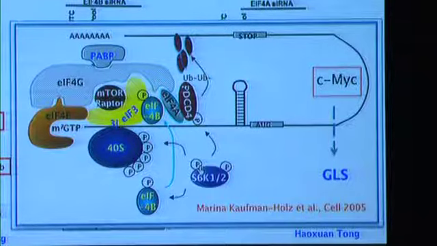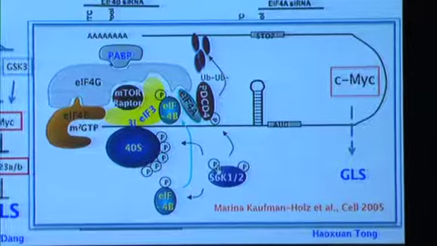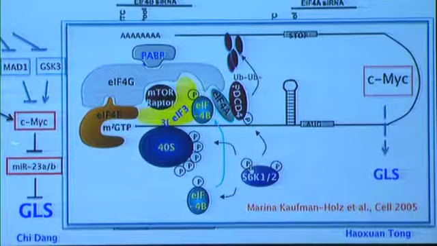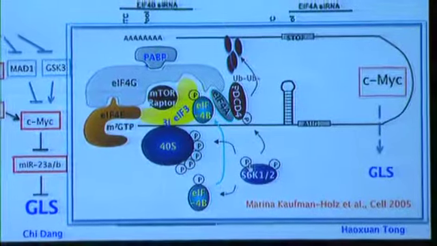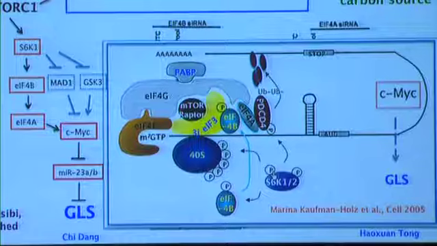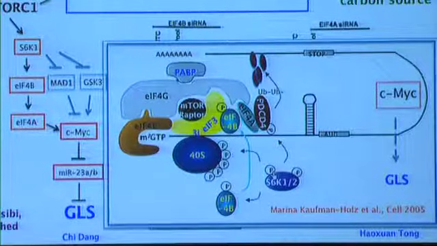So, in fact, what we think we've done is bridge this gap between mTORC1, S6 kinase, eIF4B/4A, and c-MYC. And this is an effect on translation efficiency, so you don't get rid of it completely, but the cell is really smart, and it uses other mechanisms. Any protein that's left is suppressed by MAD1 phosphorylation or by GSK3 inactivation in this pathway. So there are multiple ways of regulating c-MYC, which all converge onto regulating the activity of c-MYC and the expression of GLS.